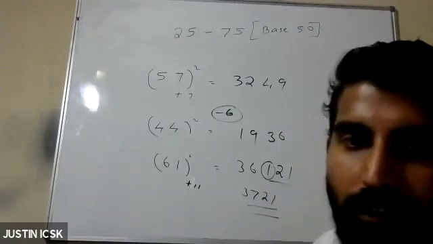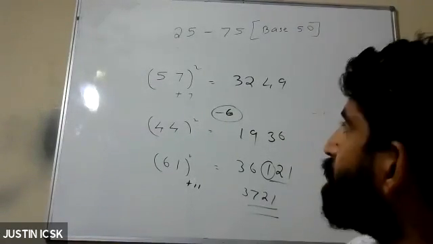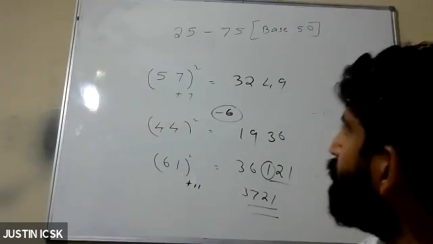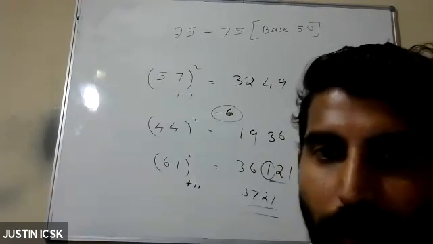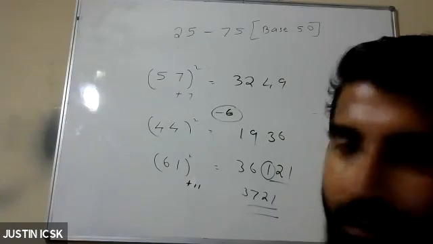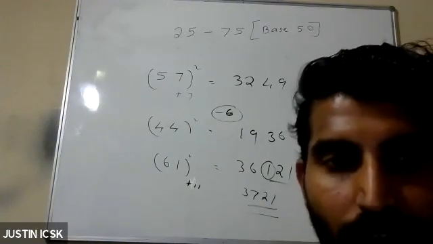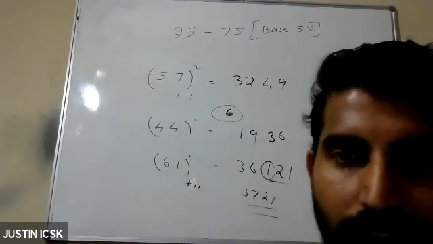It takes less time. You are not taking even 3 or 4 seconds. So just take any number between 25 and 75 and try to apply this method. Just remember how far the number is from 50, plus 11 or plus 7 or like that, then bring your 25, add it and find.